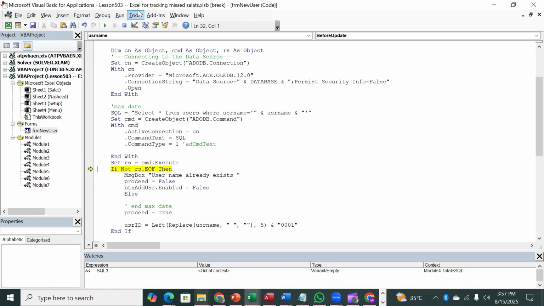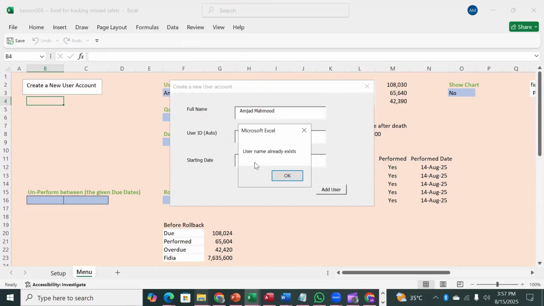Okay, I put a breakpoint, that's why it has come in here. So let's remove it, and you see, it is showing you that username already exists. At the same time, it will restrict this button, add user. You are not able to add the user because this is disabled, right? So you have to make a change, if there are two Amjad Mahmoud,